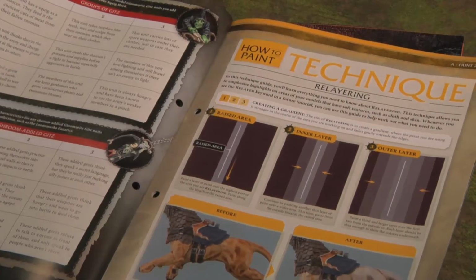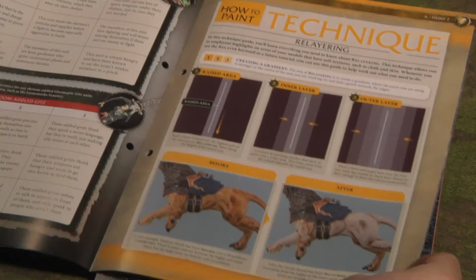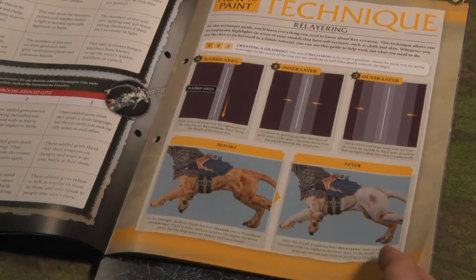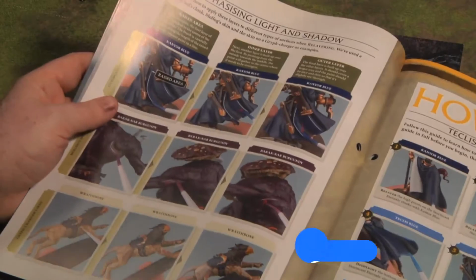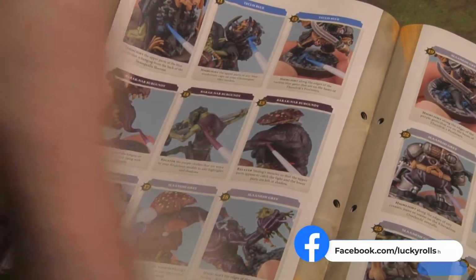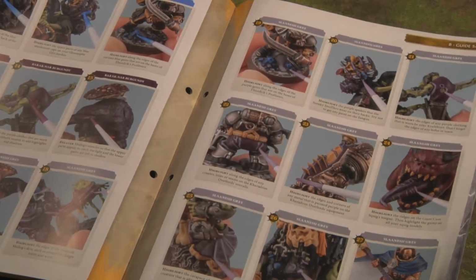And you have an interesting technique here called layering. So this is kind of advanced paint techniques, but it's interesting and it's good that they have them here in this magazine. Because you can see they give you lots of different examples, again, using all of the models that you already had. And it goes back a fair bit to some of the older models,